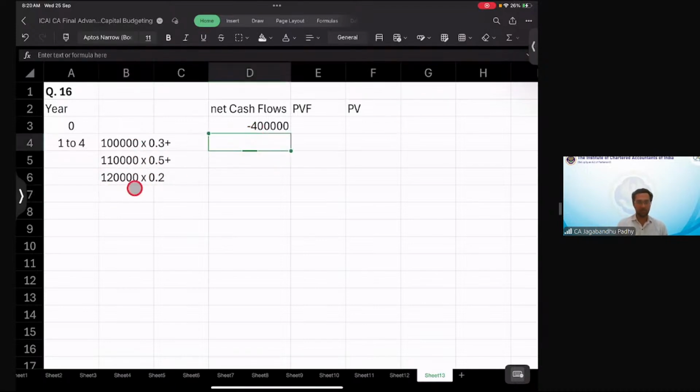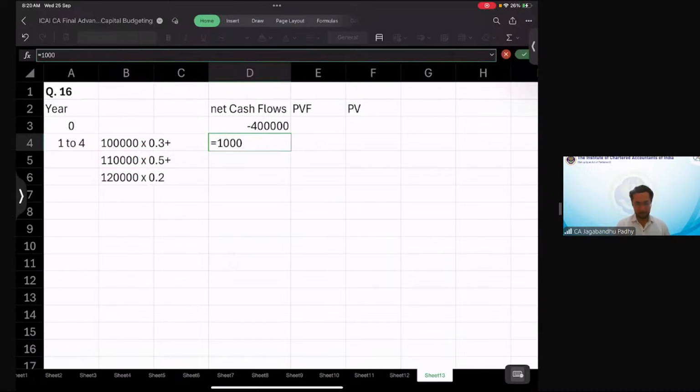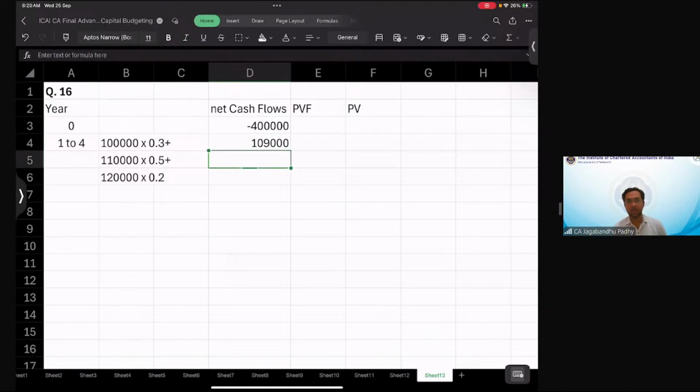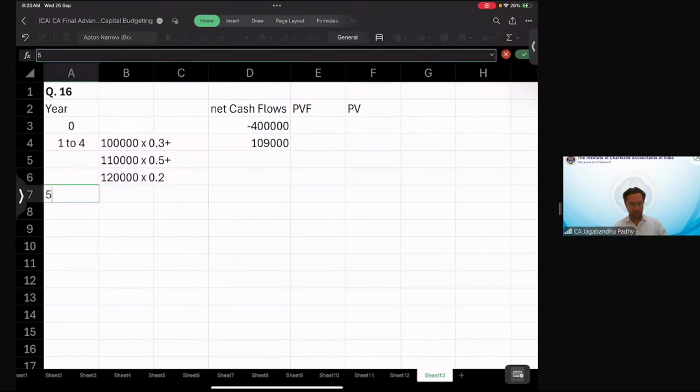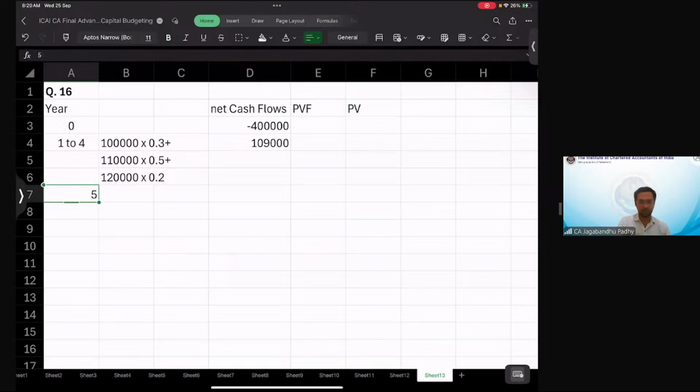Now, if you solve this, 1 lakh into 0.3 plus 1 lakh 10,000 into 0.5 plus 1 lakh 20,000 into 0.2, this works out to be 1 lakh 9,000. And then in the 5th year,